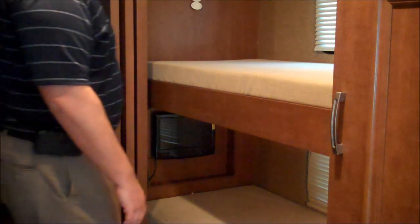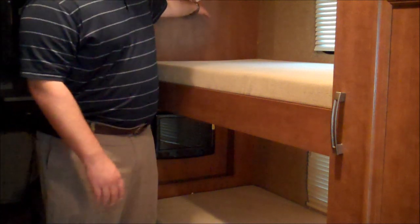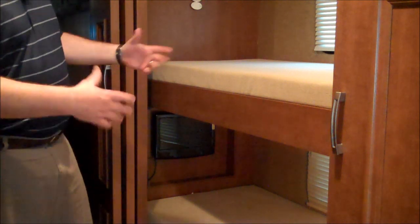A couple of really cool things. First of all, we've got TVs in both of the bunks. As you can see, there's no TV located in the top bunk because it's actually located across the hallway. You can take that TV, you move it from one side of the coach to the other, and so now,